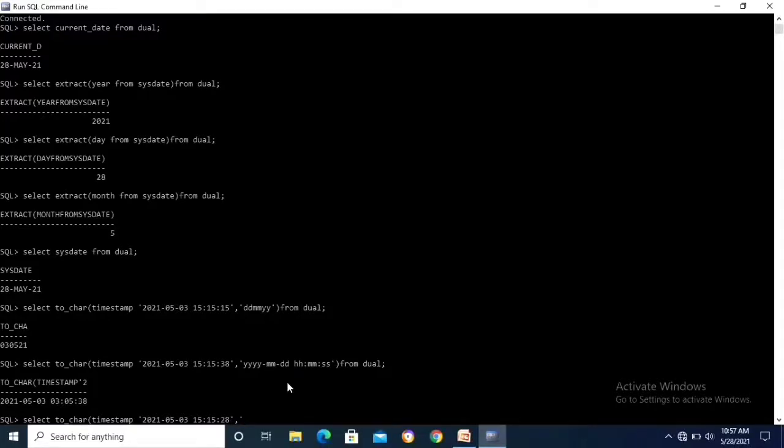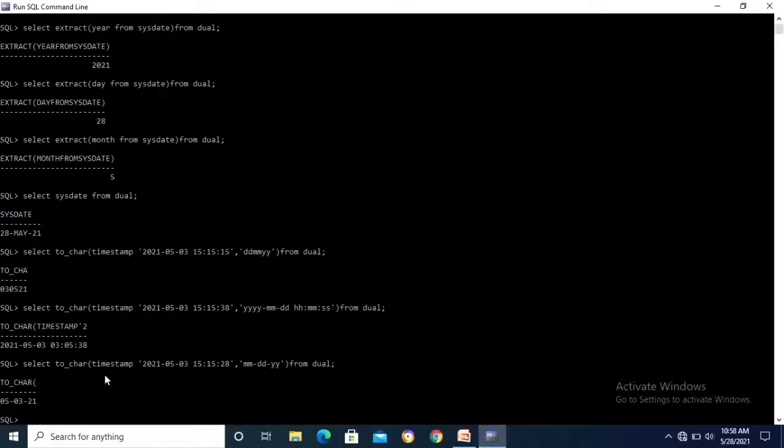The displayed data is only month, day, year, from the dual table. Semicolon, enter.